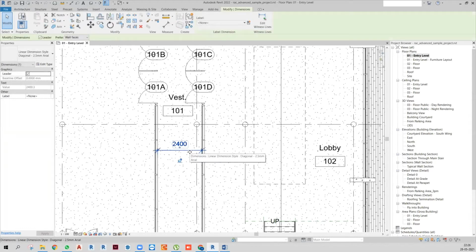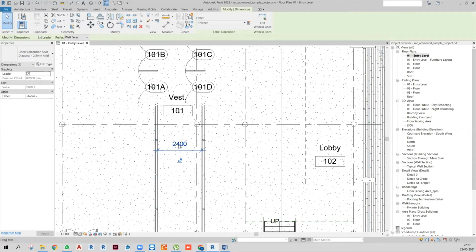Okay, so let's take a simple example. Suppose for any reason you have to change this value 2400 mm to 2800 mm. Maybe because you are in a hurry, you don't have time to edit the actual model, or maybe because you are stuck between something and Revit isn't allowing you to change that because of its rigidity. The reason could be any. Let's take this example, like you have to change this value from 2400 to 2800. How will you do that?